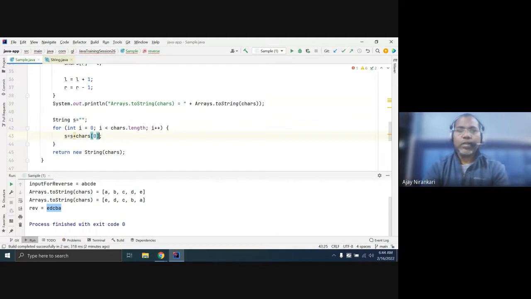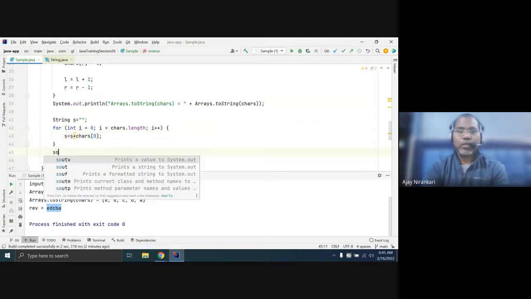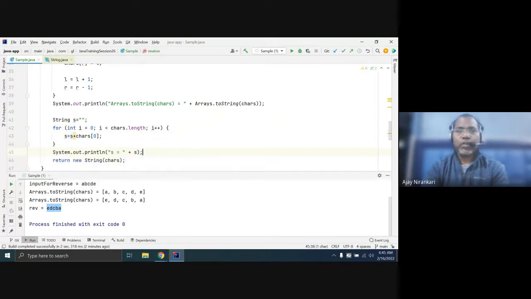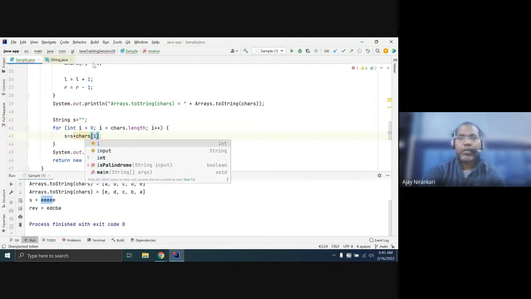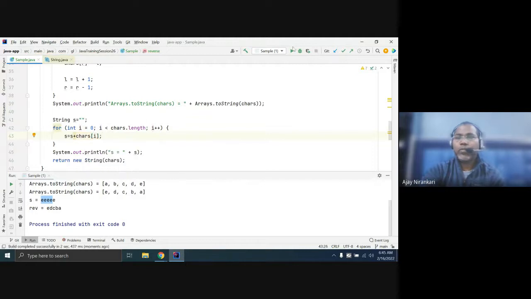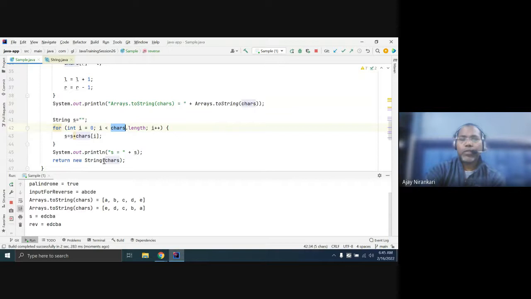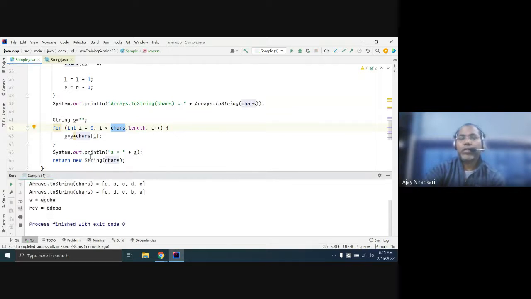You are just appending, and here s out. You notice you are getting the complete string value, and you can return this string. This should be i. One way you can do it this way. You can convert your character array to the string object. Now you are getting the string object, and now you can return this s.